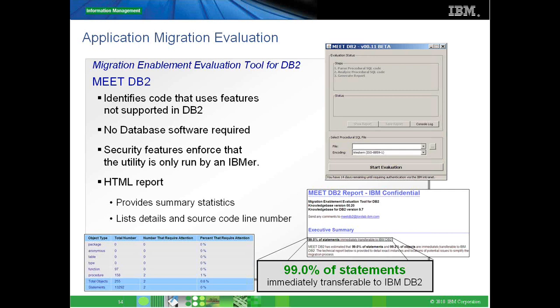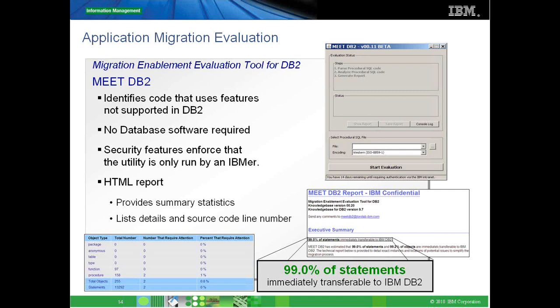It will consume and parse that file, and it has a knowledge base of the database that you have chosen as a target. Based on it, it will make a comparison as to what are the features that already exist in DB2, which will make sure that the code written in PLSQL is going to be readily executed, and it will also report the PLSQL piece of code where you need certain amount of tweaking.